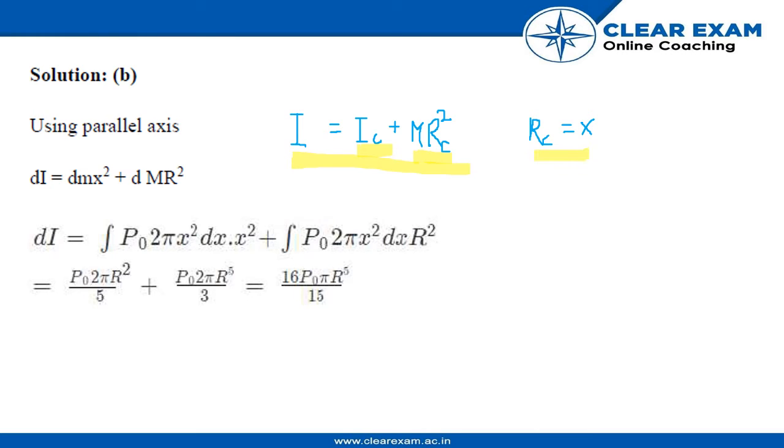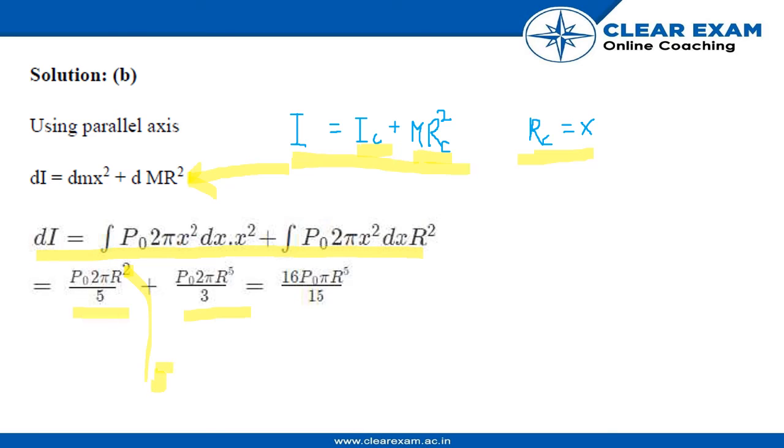And in this case, we're taking rc as x, and so its differential form would be this, where dI is equal to dm x square plus dm r square. So integral dI is equal to this, and on integrating both functions we'll get rho naught 2 pi r raised to power 5 by 5 plus rho naught 2 pi r raised to power 5 by 3. Here it's a misprint, it's 5